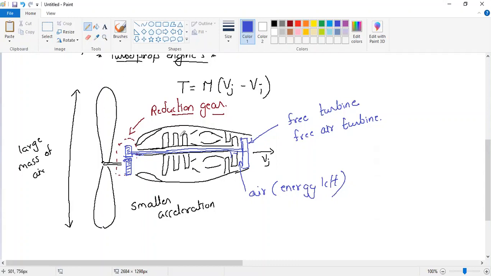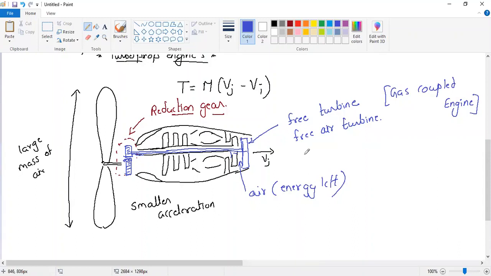So I can rotate this and this at 2 different speeds. That means I can rotate the compressor as fast as possible to increase the thrust, and I can rotate the propeller at its maximum speed. Understood? Now, whenever there is no physical connection between the turbine and the compressor section, it is called a free air turbine, but the engine will be called a gas coupled engine.